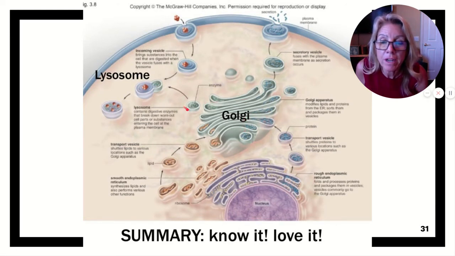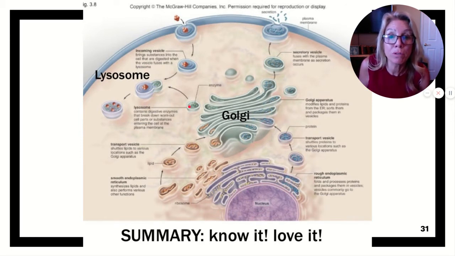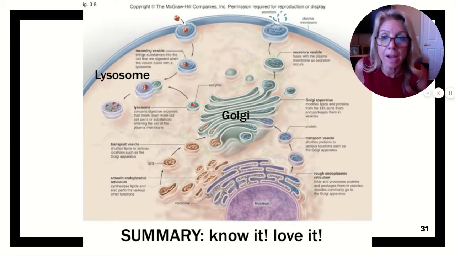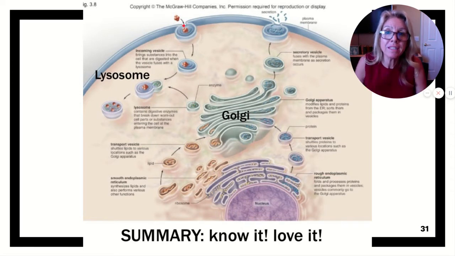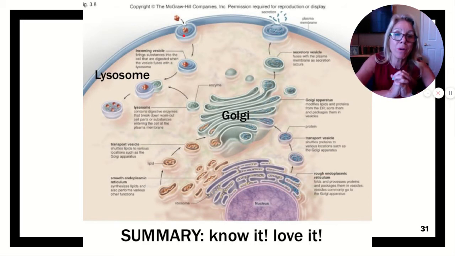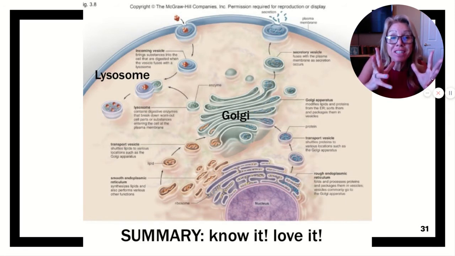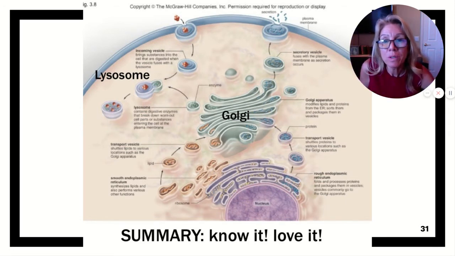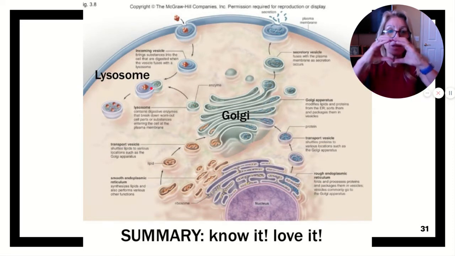Another vesicle right here, this lysosome, has hydrolytic enzymes in it. Remember, enzymes are usually proteins, so this probably came from the rough ER, right? And this lysosome is going to merge with this vesicle. Look what's happening here. This is cell eating. What do we call that form of endocytosis? Do you remember? Did you say phagocytosis? Yay. Okay, so it's engulfed this food and it's going to merge with the lysosome, the stomach of the cell,